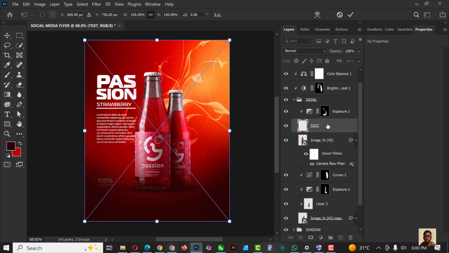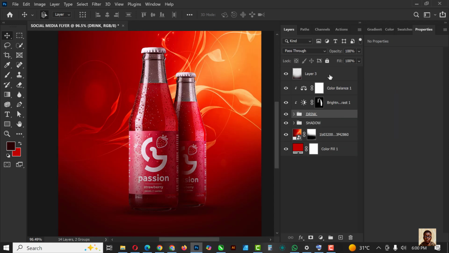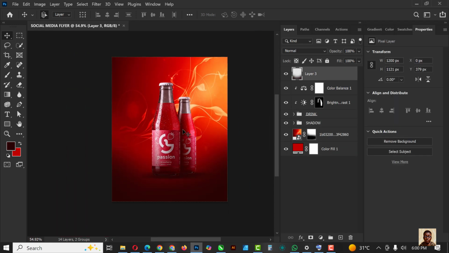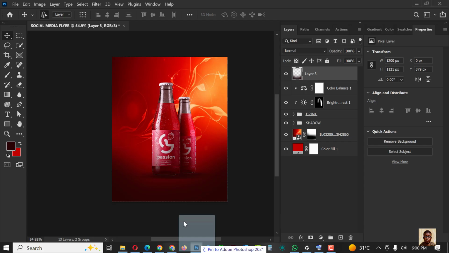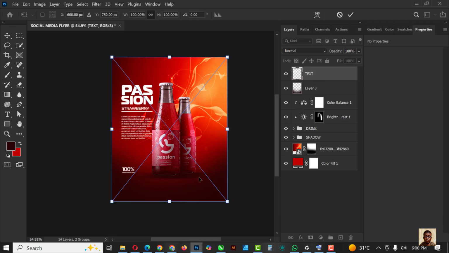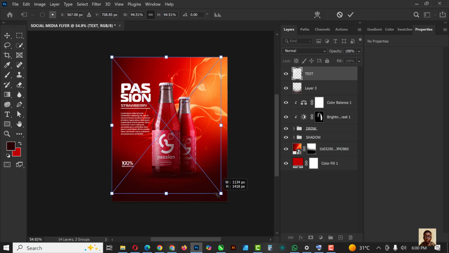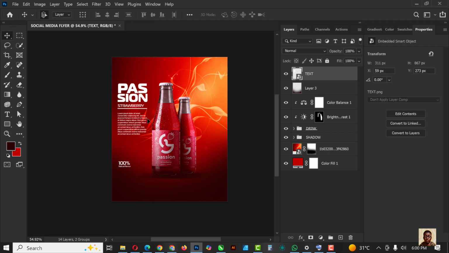Okay, so I brought in the text in the wrong place. So I'm just going to click on delete, close this up, and make sure you're on the top layer like this while you bring it inside. So I'm just going to bring it inside here like this and drag and drop, and boom, there you go. So I can decide to make this smaller, yeah, like this, and click enter like this, right? So